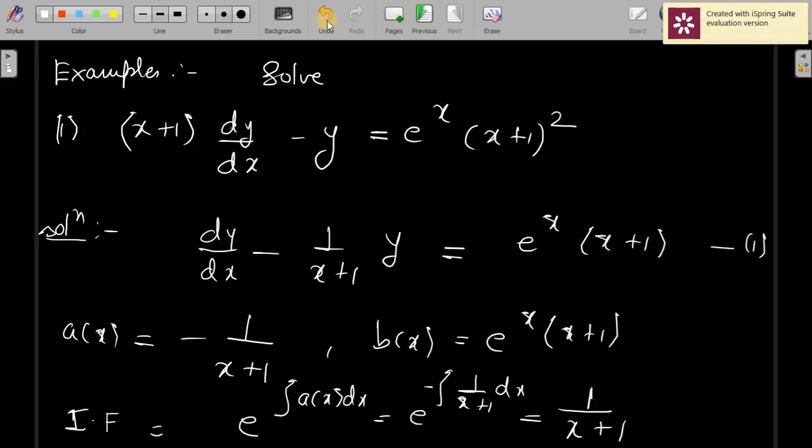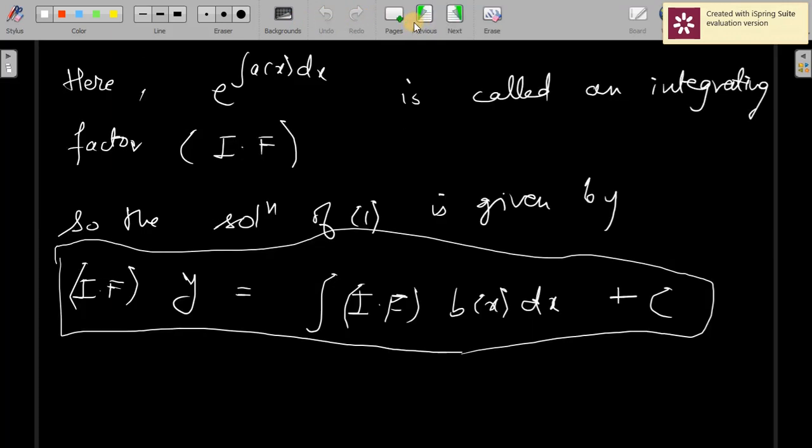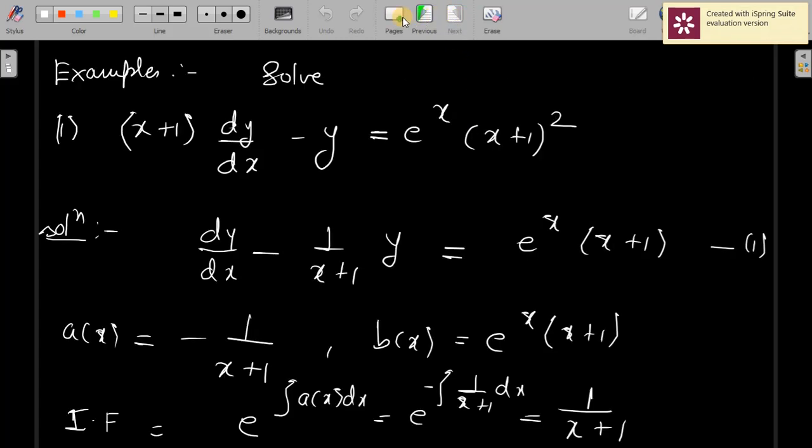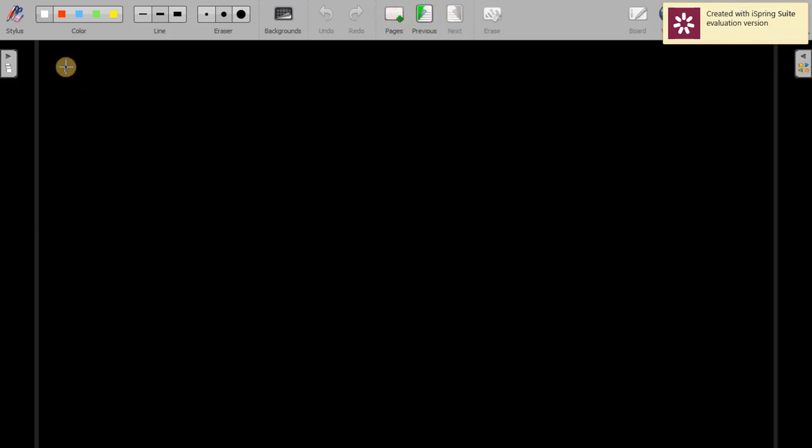Now in this expression we just need to put the integrating factor and the value of b of x, and that will give us the solution. So that's what we will do. So the solution is, hence the solution is given by